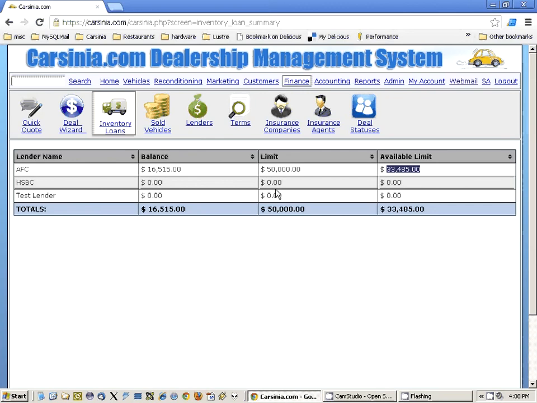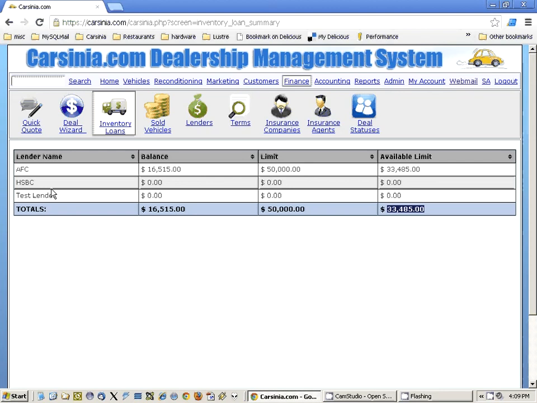Now, if you're using multiple floor plan lenders, obviously, you can enter all of them, and the system will tell you the total limit available. But apart from that, you obviously need to pay back these inventory loans at some point, and you may be wondering how much is my inventory worth, and how much should I price each vehicle. Those are bigger business intelligence decisions, and as I said, we introduced the estimated profits analysis tool,